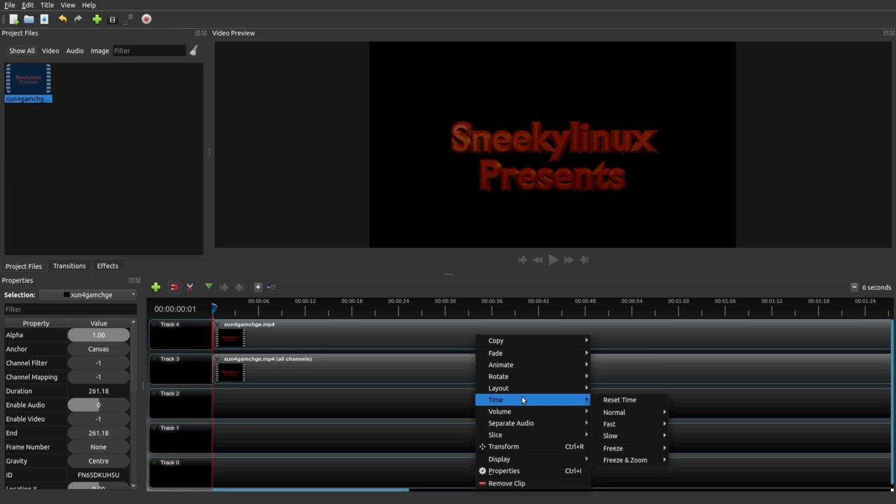So if you're speeding things up, that's what you do. Volume, you can do the same here. Separate all I just said, and then slice. You can actually slice it all together. Transform, we'll go into another video, and it won't be this week, trust me. Display, you can show the waveform or the thumbnail. So if I change that to show waveform,